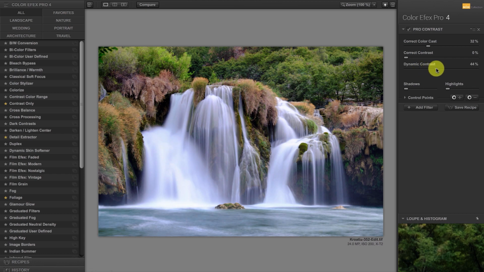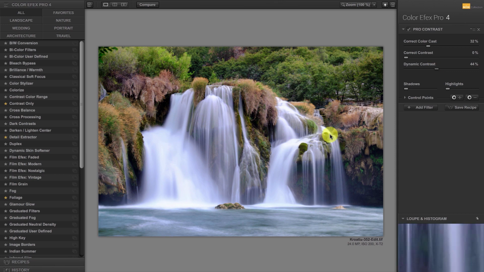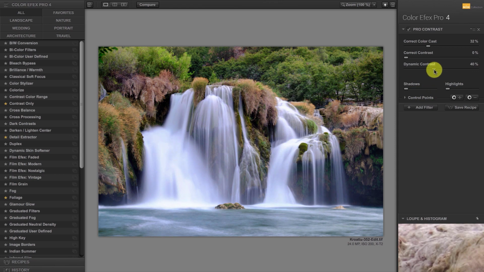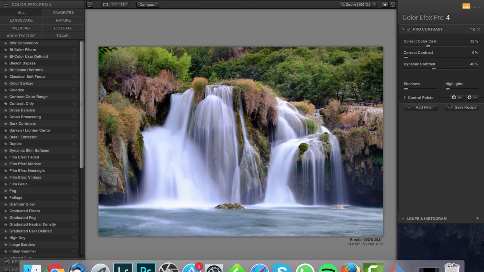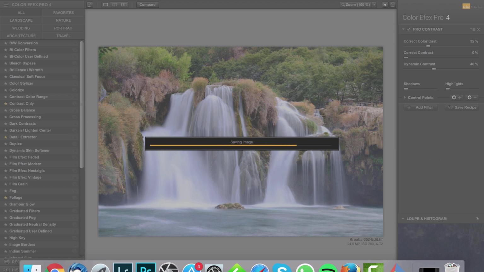This one, I think 50 is too much, because also the water gets a little bit too harsh, so let's do it a little bit lower. So that's basically the only thing I do here. I press save